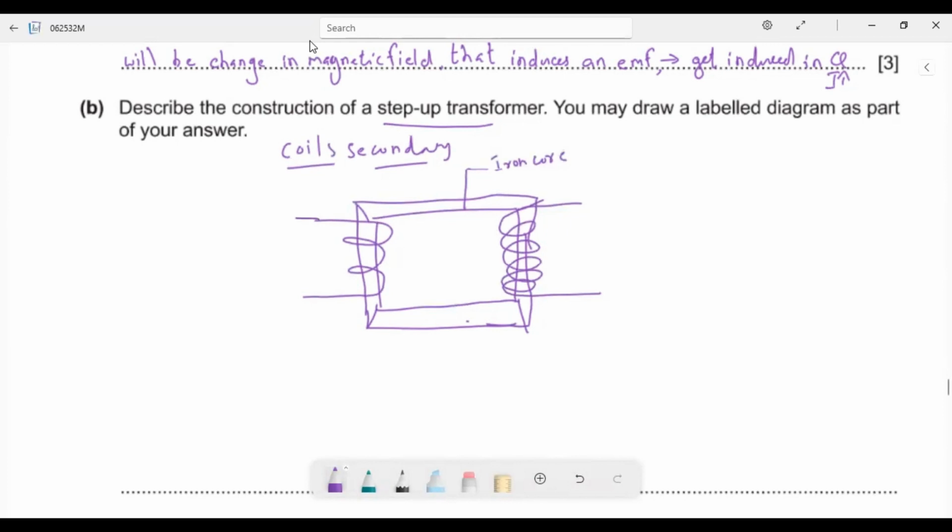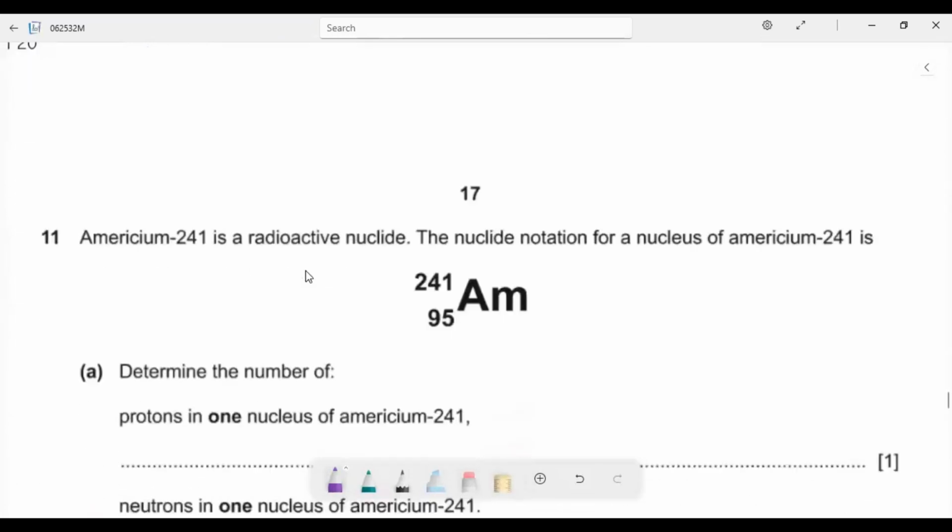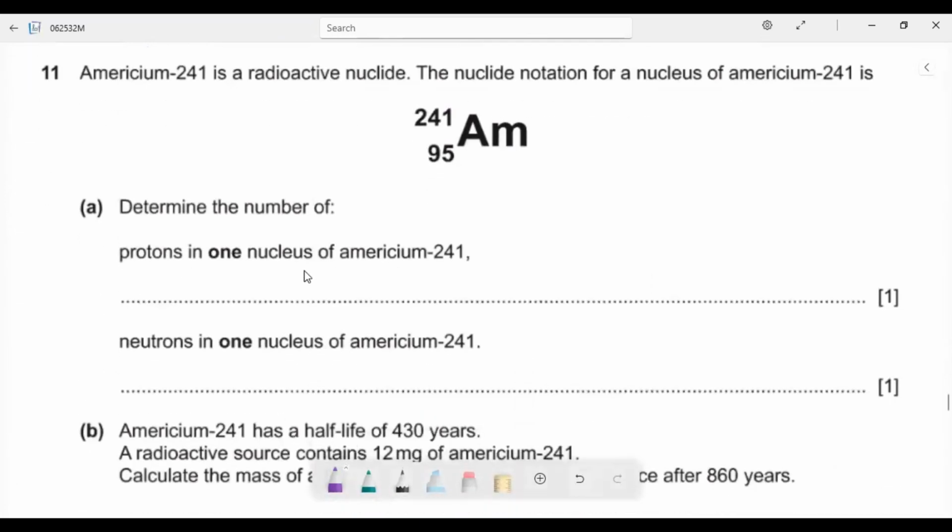So this is the primary coil. This will be the secondary coil. Next,